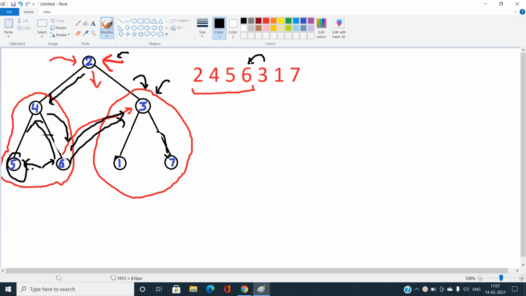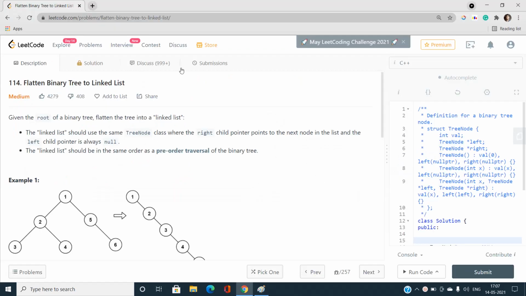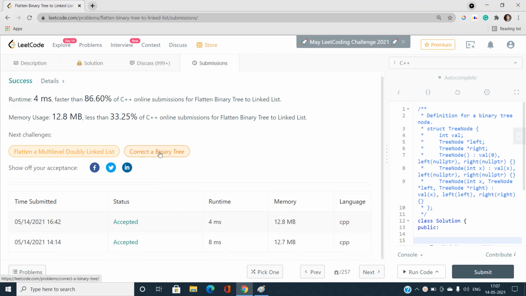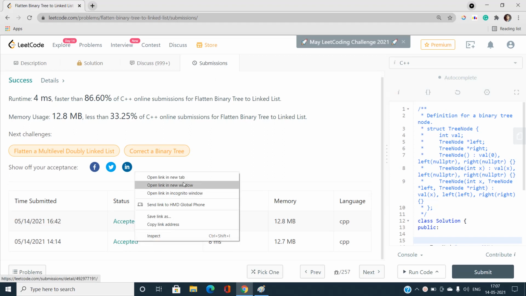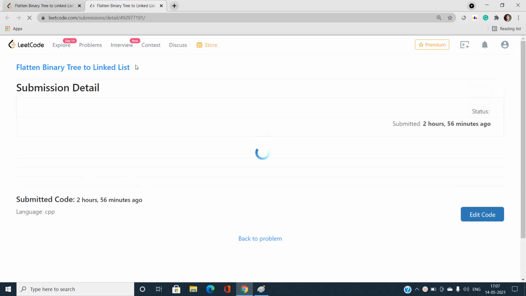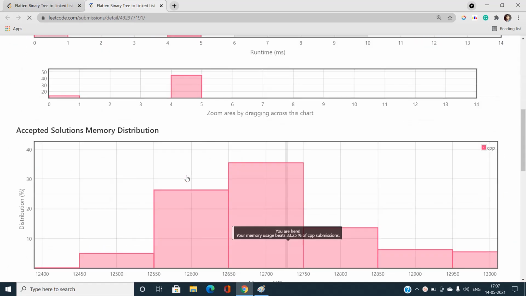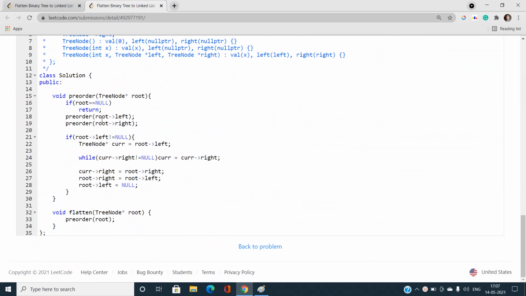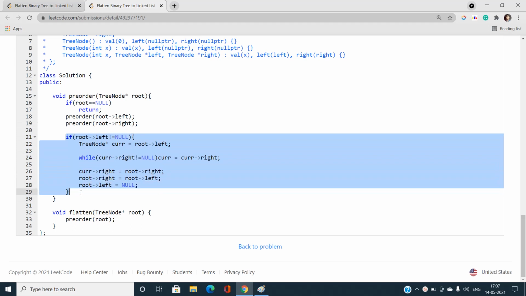Now I am talking about this code. I've already submitted 2 codes. I am just talking about this one because it is not a good code, but it is good for beginners to understand. I have done nothing extra. First I traverse this in the pre-order fashion, root's left, then root's right, and the entire thing is going to be in pre-order. Sorry, the pre-order predecessor of this node. Now this is going to be done.